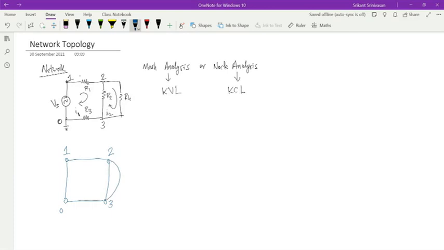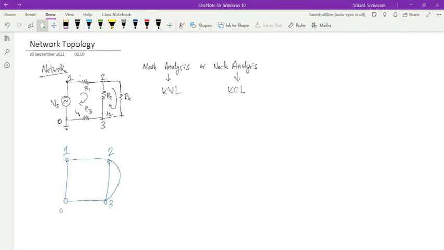Okay. Now, normally, what we would say is that if you draw in this representation, you can see that with just two nodes, 2 and 3, actually I have two branches connecting them. So if I wanted to solve this mentally, then I would just say that there are two resistors in parallel, and I can replace these two branches by just one branch, right? What is the value of one branch? The value of that element would be R2 in parallel with R4, R2 R4 by R2 plus R4, right?